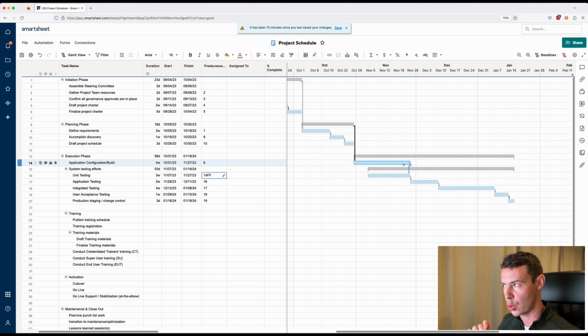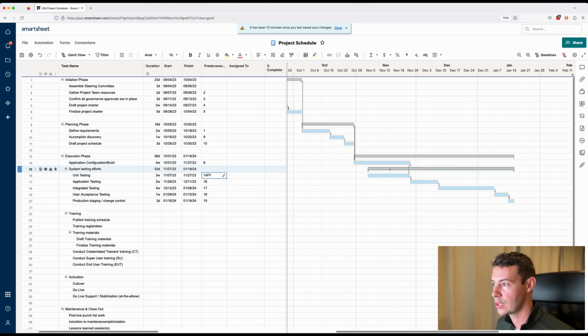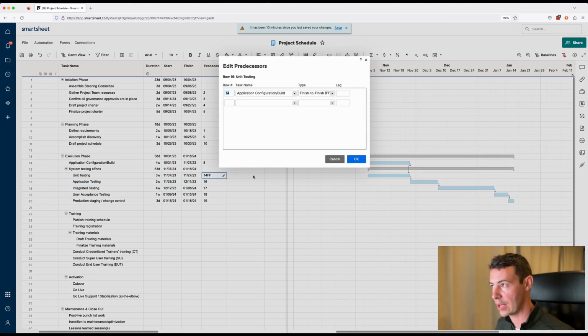Understanding that it might be more realistic for me to make sure that we have at least a 24-hour grace period for our engineers and our analysts to be able to make sure that we're finalizing those details for whatever they just wrapped up on the final day of the build, I'm going to add one more element to this. I'm going to go back into what we had for the Edit Predecessors window. I'm going to add a